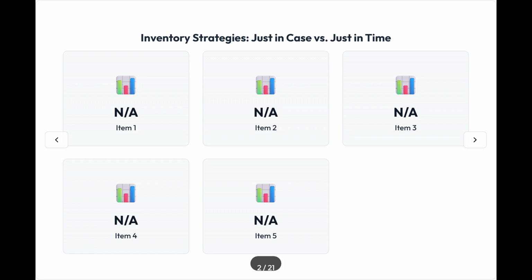Now, the opposite strategy is just in time, which means keeping inventory as low as possible. This approach is very efficient when everything runs smoothly, but it's also very brittle. A lean supply chain has no buffer. A single delayed shipment or supplier issue can directly lead to a stockout. The business impact of a stockout is severe. You lose the immediate sale, damage your brand's reputation, and can lose customer loyalty for good. As your document says, the cost of a stockout is not just one lost sale, but potentially a lifetime of lost business. The challenge is not choosing an extreme, but finding the right inventory balance.